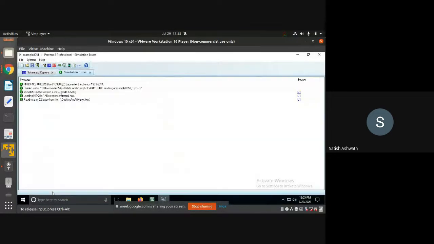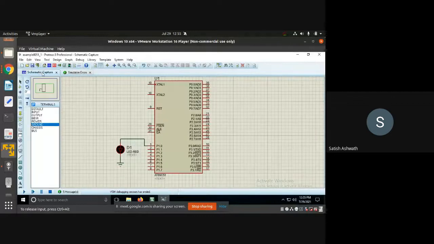So stop it. You can click on stop here. You don't need to worry about connecting XTAL1, XTAL2. That is taken care of internally by the simulator. If you want, you can connect it. Nothing wrong even if you do, but it's not required. Similarly, the reset pin is also not connected. Actually you have to ground it by default, because reset is an active low reset. But all those things are not required right now. The simulator will take care of that. Right? So that's the basic simulation.